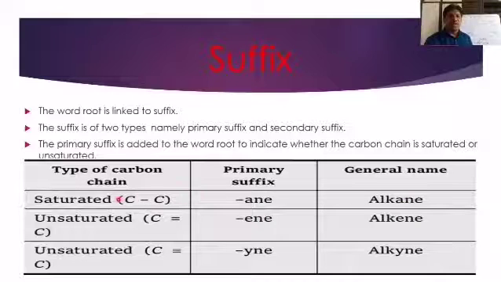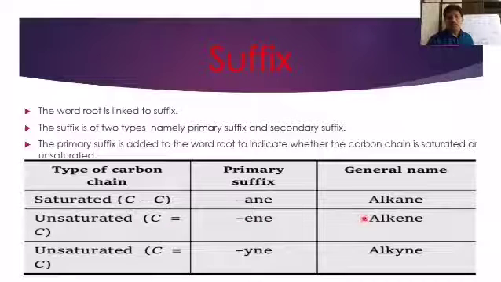Alkanes are examples of saturated organic compounds. And then unsaturated carbon compounds. Unsaturated organic compounds contain C double bond C. Between carbon-carbon, if at least 1 double bond is there, that compound must be taken as an unsaturated organic compound. Here, if there is a double bond between 2 carbon atoms, of the 2 covalent bonds, 1 bond is a sigma bond and 1 bond is a pi bond. Generally, a pi bond is weaker than a sigma bond. And the primary suffix name is ene if there is a double bond between carbon and carbon.